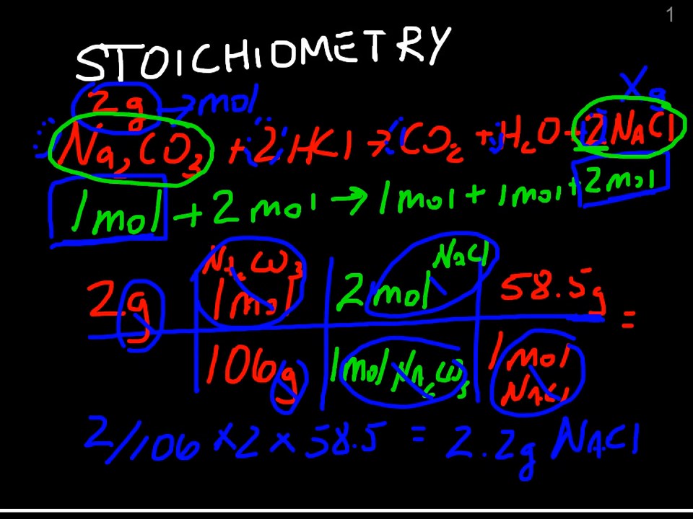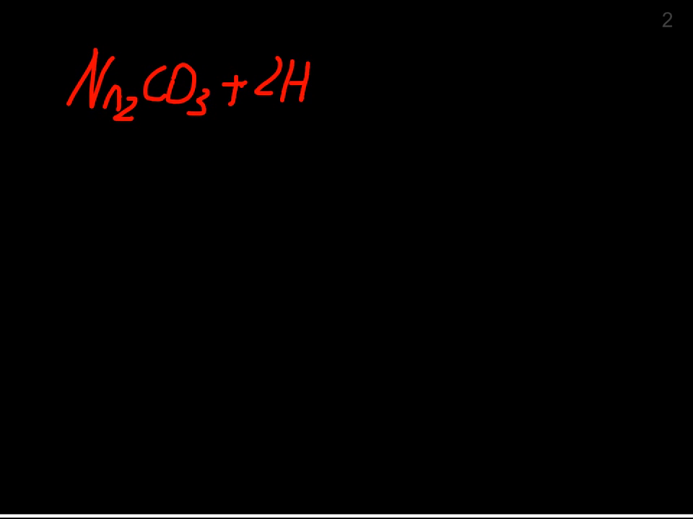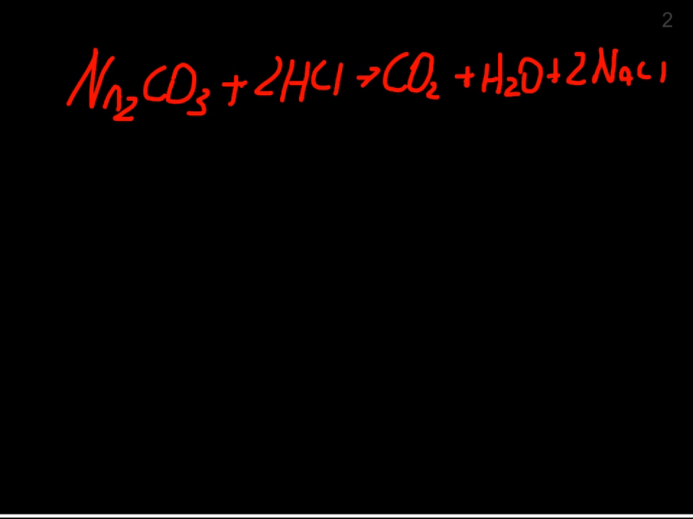Okay, let me solve for another one of the products. Going back to what's given, I want to write this out again so you have it in front of you. I have sodium carbonate, 2 hydrochloric acids, HCl, producing a CO2 plus H2O plus 2 sodium chlorides. Now this time, let's say I again start with 2 grams of the sodium carbonate,